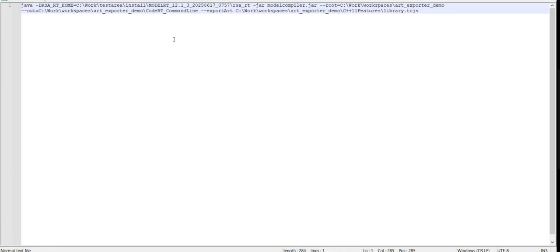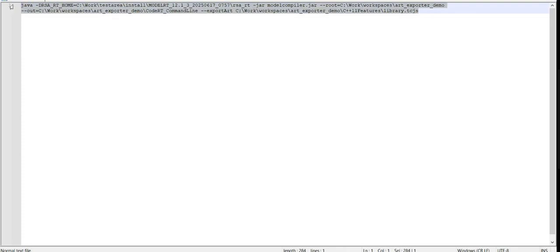The RSART home location points to the installation location RSART folder, followed by the model compiler jar. Then specify the root workspace directory, the out location where you want the exported contents to be generated, followed by hyphen export, which is the option for running the ART export, and then the required TCJS file.